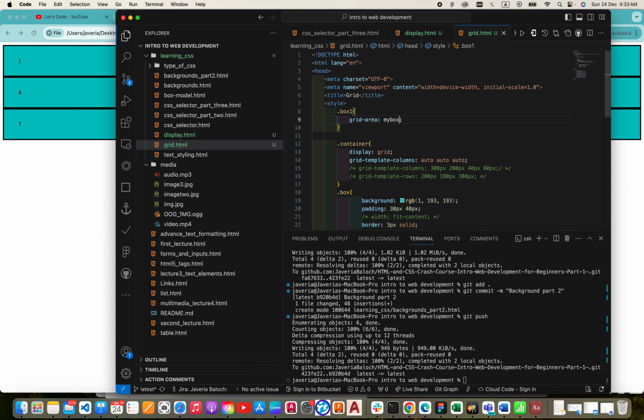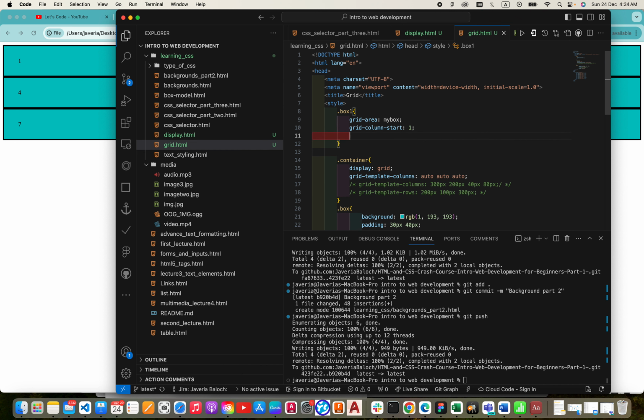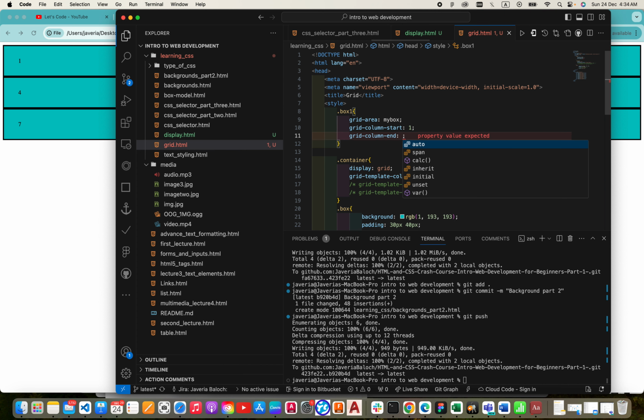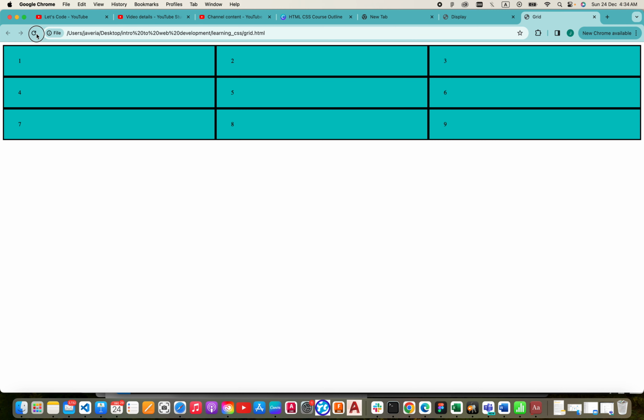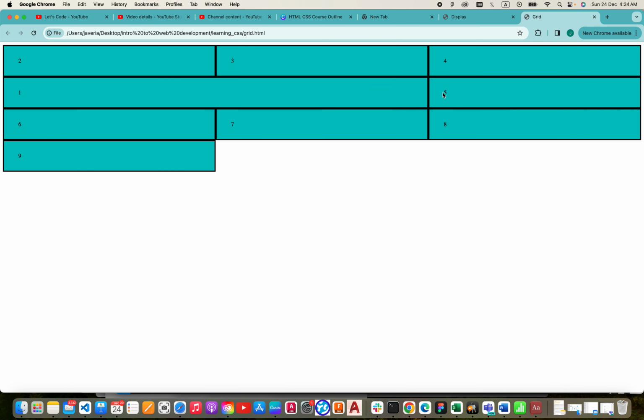So it's my box, and then I'm going to define its grid column start from 1 and grid column end on 3. Let's come here, refresh it, and you can see it increased the width because the column is starting from the 1 and ending at the 3, not covering the 3, and it also changed